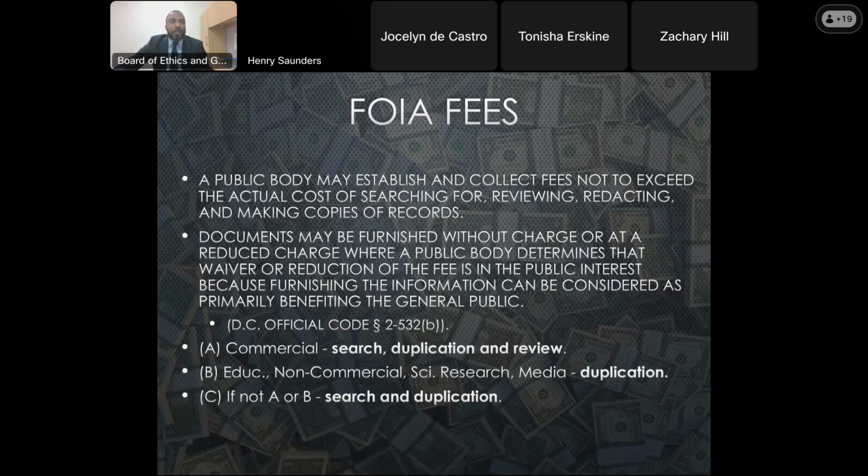Okay, so with regard to fees, a public body can establish and collect fees that are associated with searching for, reviewing, redacting, and making copies of the records. So I think what you may have been asking about with regard to the purpose may have to do more so with a fee waiver.